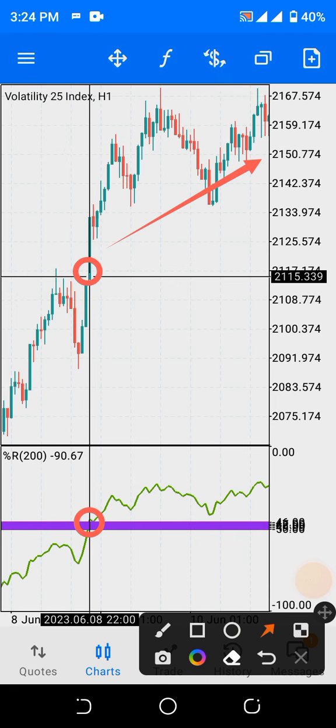So as you are buying, your stop loss should be at the previous higher low. So this is where you need to do what? Place your stop loss, and this is a huge profit. Now you don't allow your stop loss to remain here. Once you are on profit, you do what? You shift your stop loss.